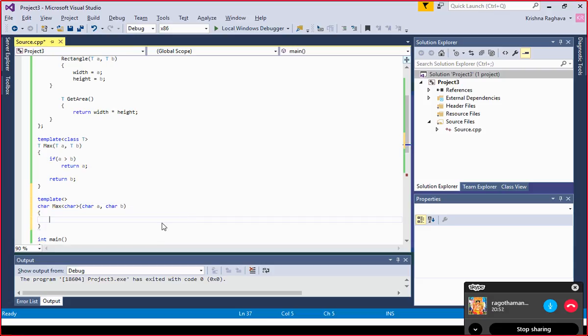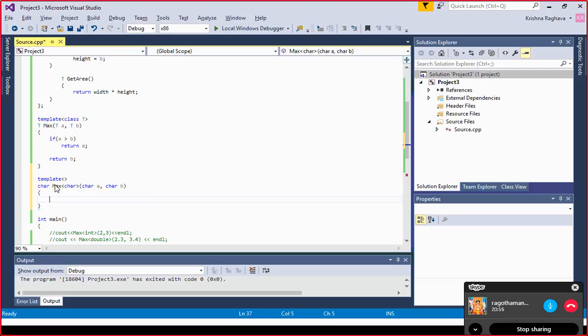but can be declared for. So this is called a template specialization. So there is a generic template function that takes generic type T, but I want a separate implementation for character, because for character I don't want this kind of comparison. So in this case what I will do,